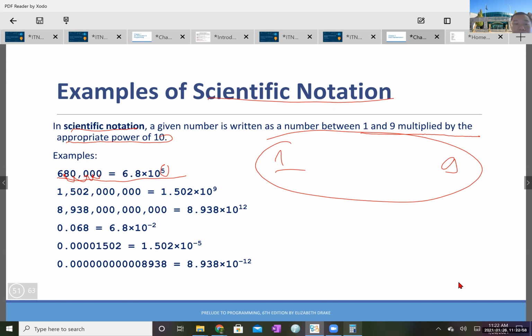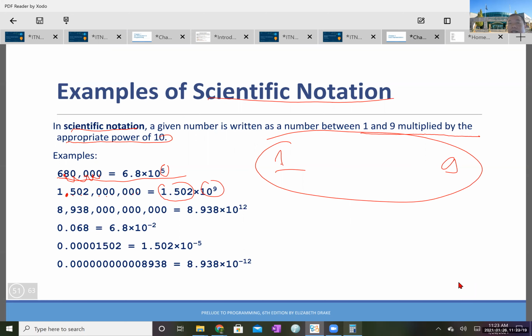Right? The same with this one. You have everything starting from 1 to 9, so you have to stop it here. For this one, you have 1, 2, 3, 4, 5, 6, 7, 8, and 9. That's why you have this digit here multiplied by 10 raised to the power of 9. Now for the negative,